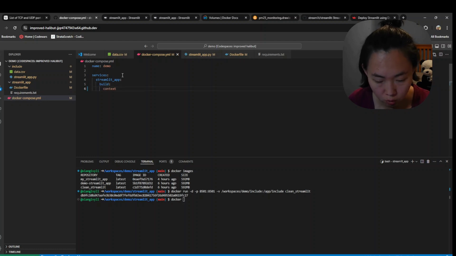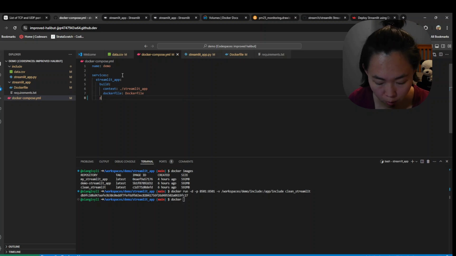It can build. It can connect. It can detect the Docker files in each folder and then build the image. So the Docker file the name is Docker file,